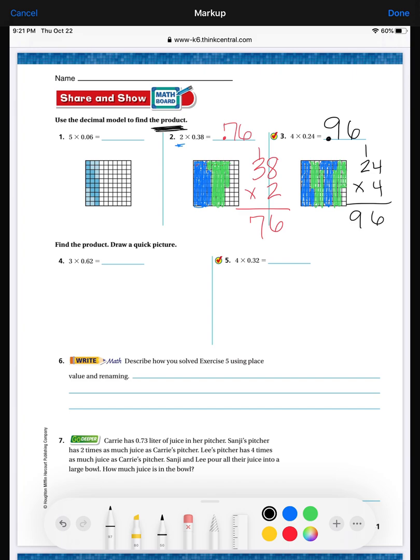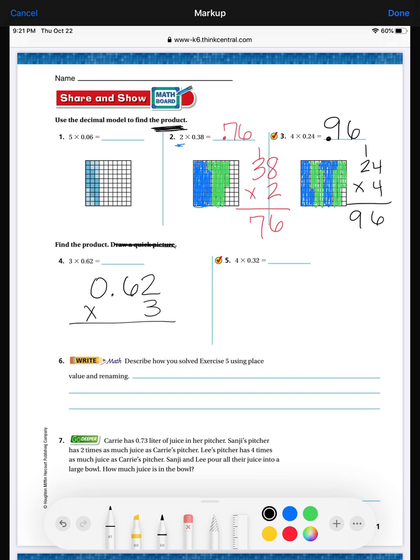So here we go. Let's look at number 4 first. I'll just use my black pen here. So it says to find the product, and that's what we're going to focus on. We're not worried about draw a quick picture. So we always, always, always put our decimal point on top. So we have 0.62 that we're multiplying, but I literally said 0.62 and wrote 0.63, guys. Oh my goodness. Okay, 0.62,